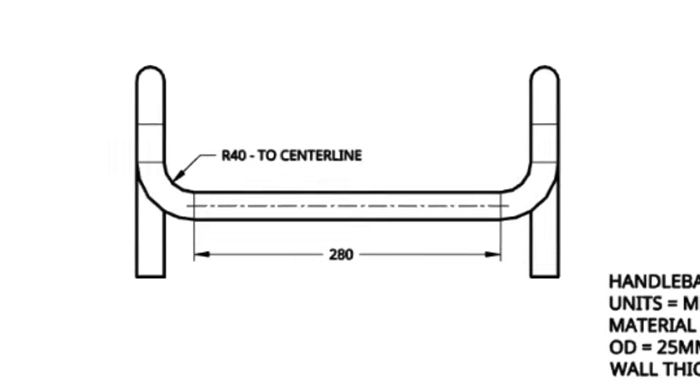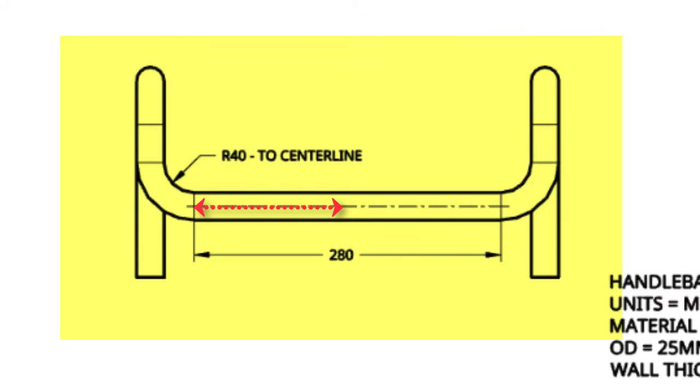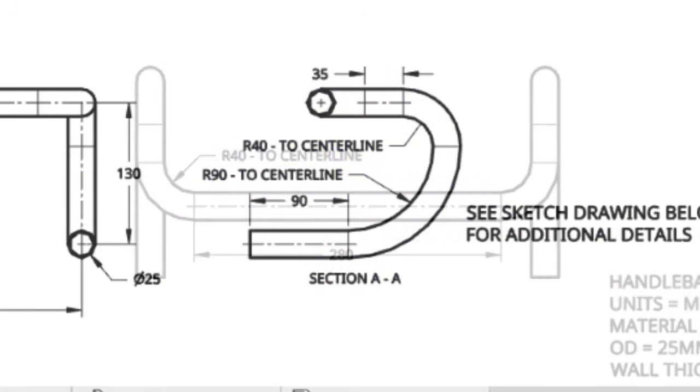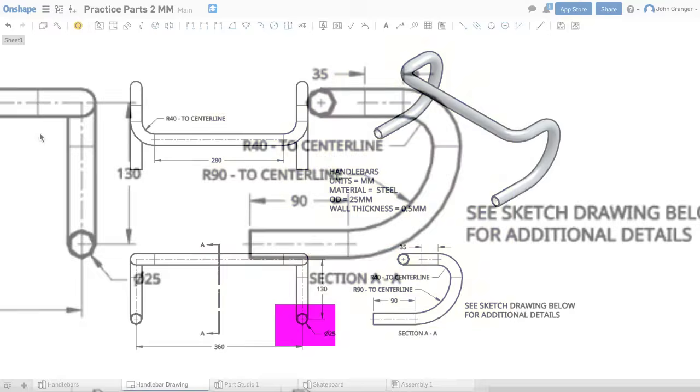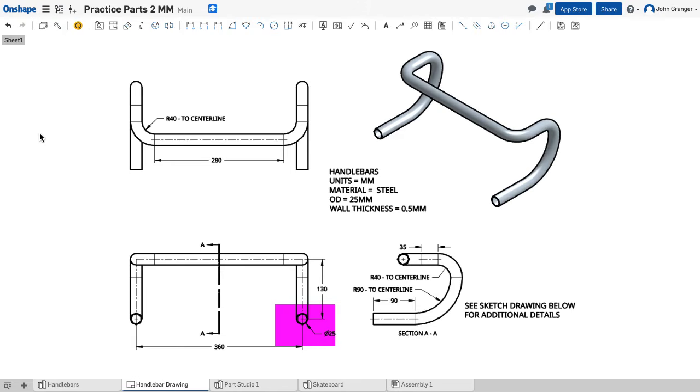On our top plane, we have a straight line coming from the middle that would be 140 millimeters and meets tangent to an arc with a radius of 40 millimeters. Looking at our side view, from that point, we have a straight line of 35 millimeters tangent to a 40 millimeter radius arc, tangent to a 90 millimeter radius arc, and ending with a 90 millimeter long straight line tangent to that last arc. Now our path is following the center line of this tubing, which has a diameter of